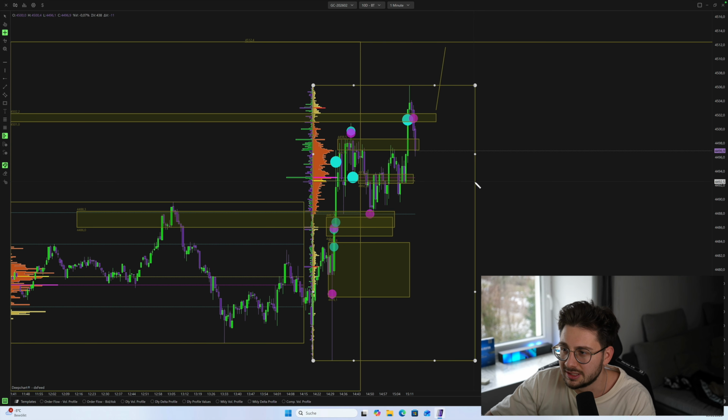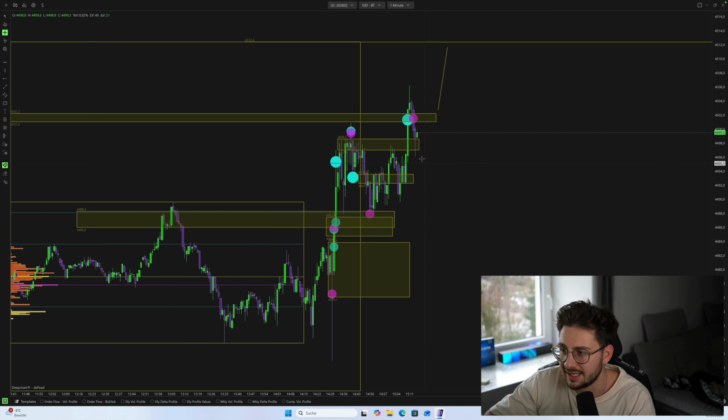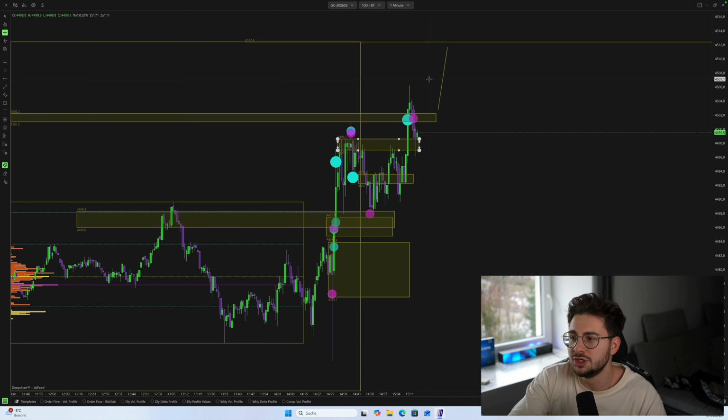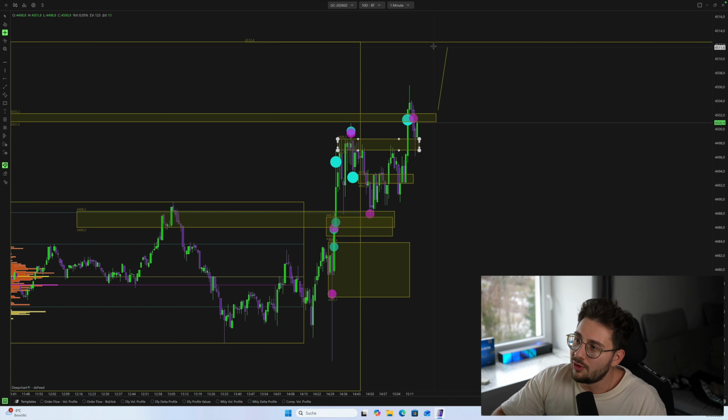Yeah, the same level still in control. I see some sellers at the top, but I just expect exactly what the market is doing right now. That's exactly my expectation. I want to see buyers exactly from the same level, right? Just to boom, just to shoot up. Just to bring it up like crazy now, all the way to the top.